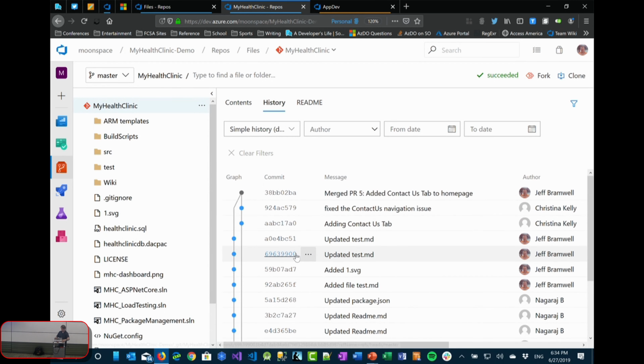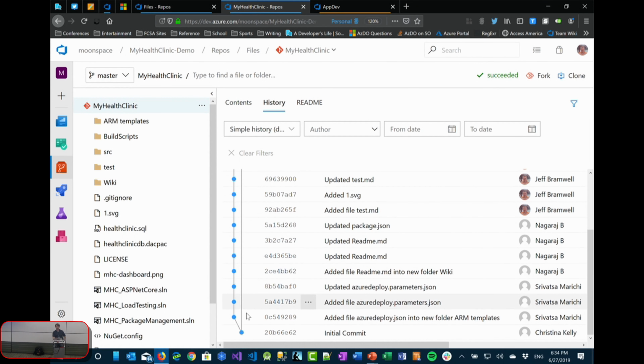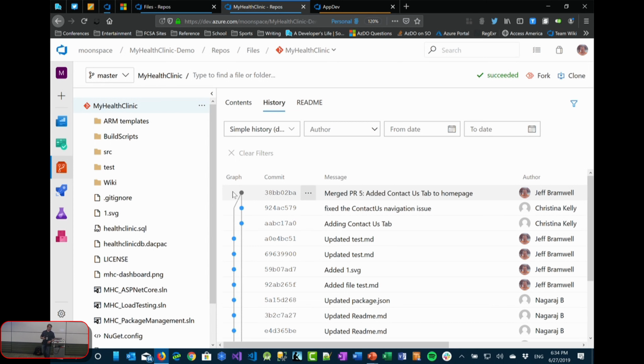The cute little graph on the left is essentially just your merge graph, showing you visually that we had our initial commit down here. Somebody immediately branched it, had a whole bunch of other commits, made a couple of commits on the original master branch, and then merged it all back together. That's a simple one, but if you're dealing with lots of branches and lots of developers, those graphs can be super duper helpful when you're trying to figure out what is where right now, because that can get confusing sometimes.